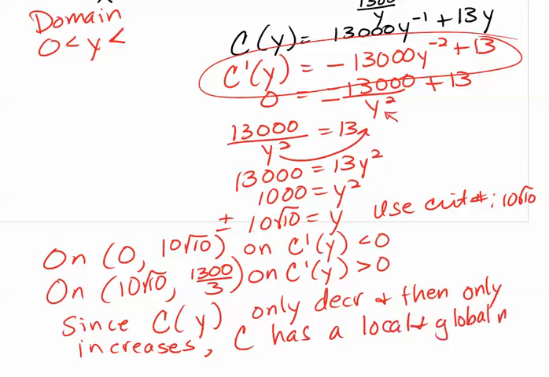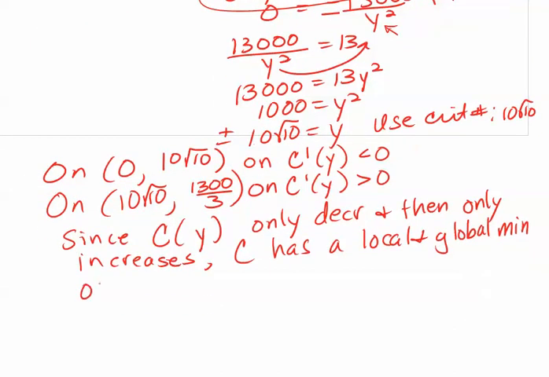If it's the only one, it's got to be the lowest value. Oh, and actually we don't have to. It doesn't ask us for the minimum cost. It just says what should x and y be. So it has a global and local minimum when y is equal to 10 radical 10, and it's in yards,